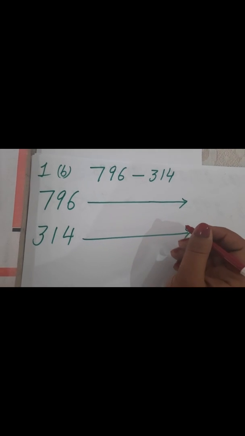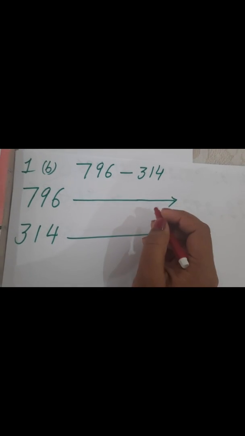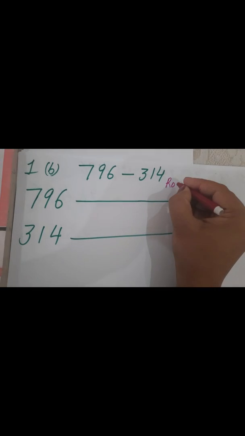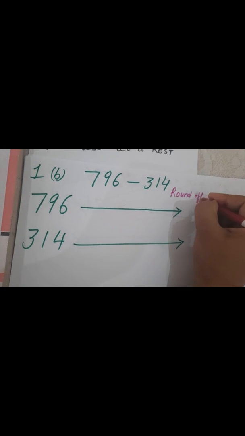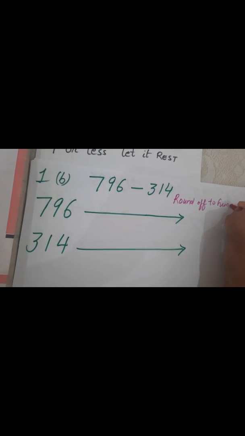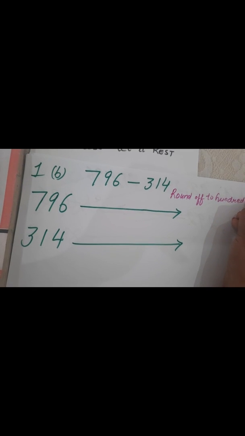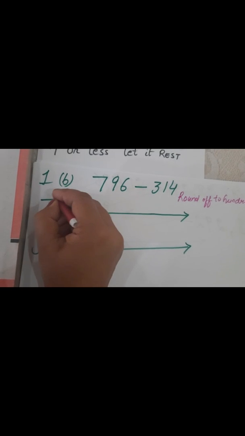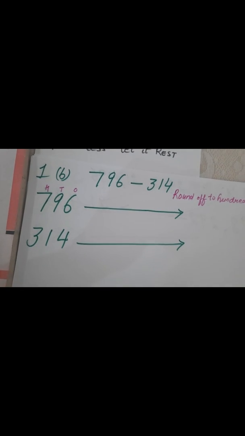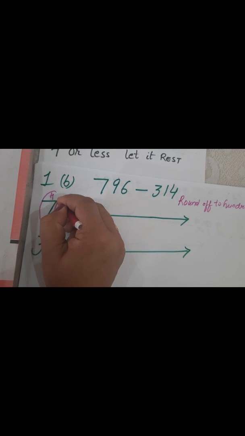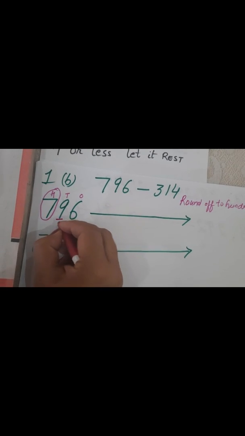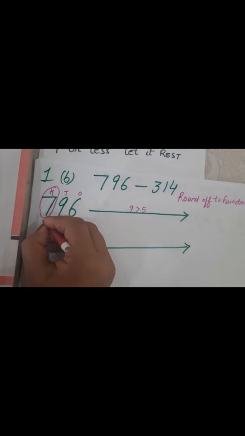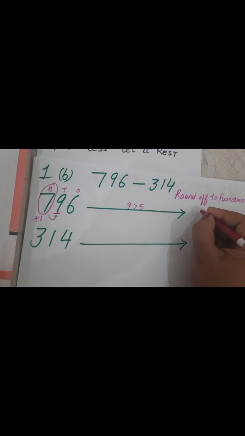Now B part of the same question. Question number 1, you have to estimate. I will estimate by rounding off to the nearest 100, because we have to solve by the general rule. For this, ones, tens, hundreds. Again, if I am rounding off to 100, I have to circle the digit rounding to, then underline the digit to the right. Now this 9, which is greater than 5, so I will add plus 1 to 7, so it becomes